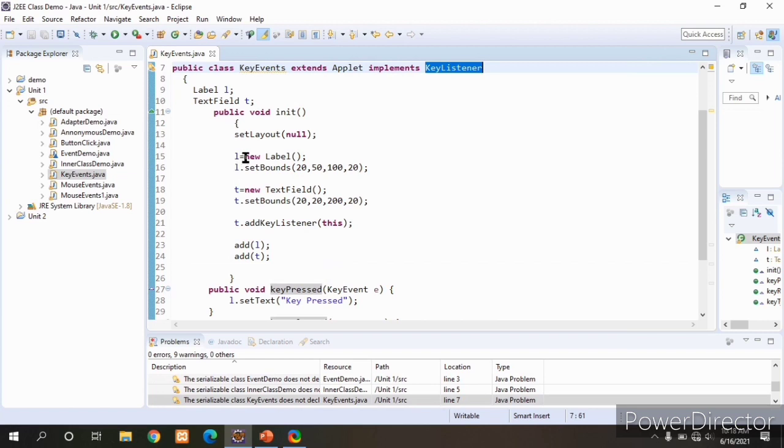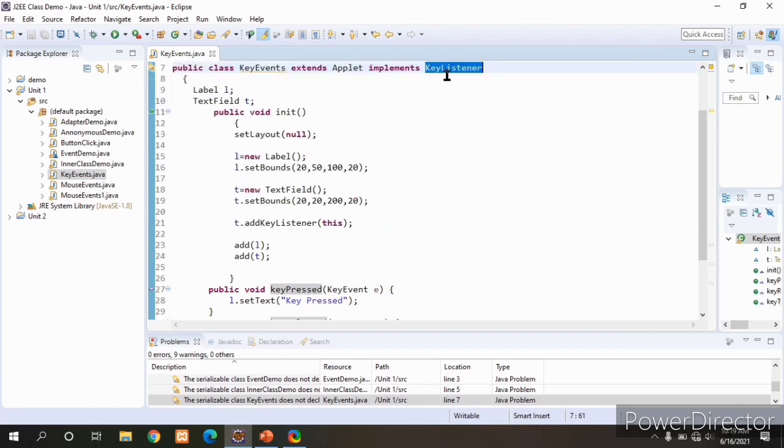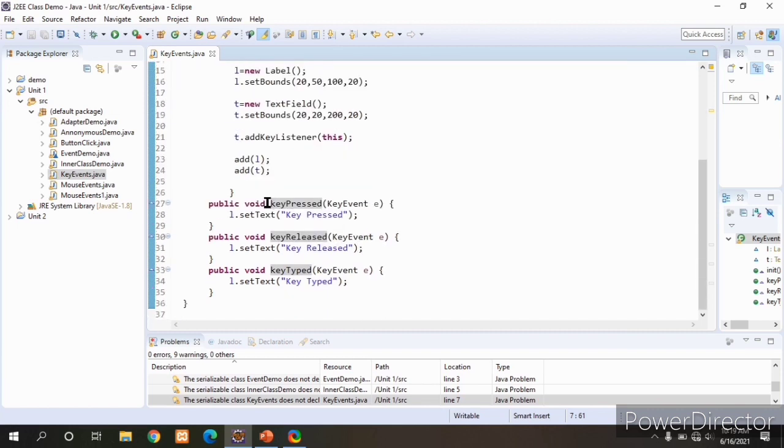Next I am adding the label and text field to the container or content pane of the applet. Now we registered the text field, and when I press a key on the keyboard, we need to handle that event. Depending on which type of event is generated, the key listener will invoke one of these three methods.